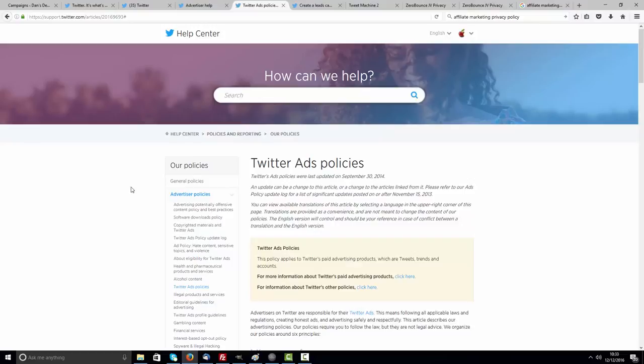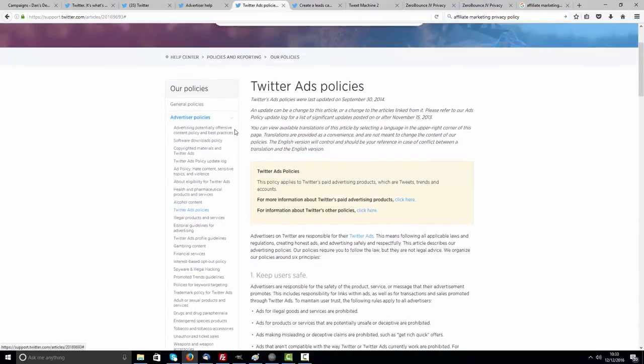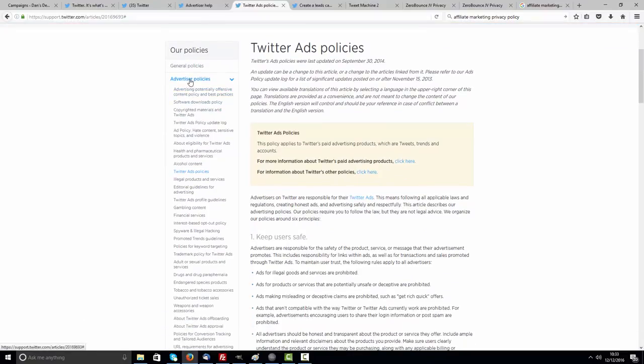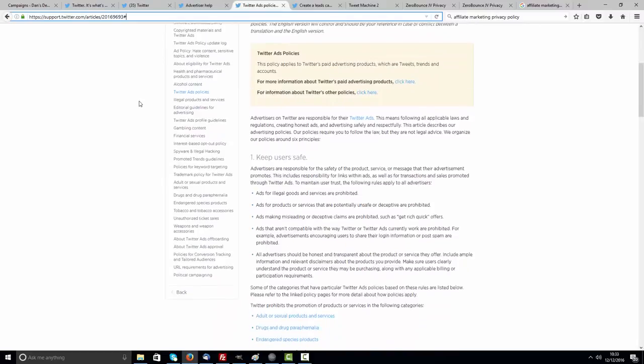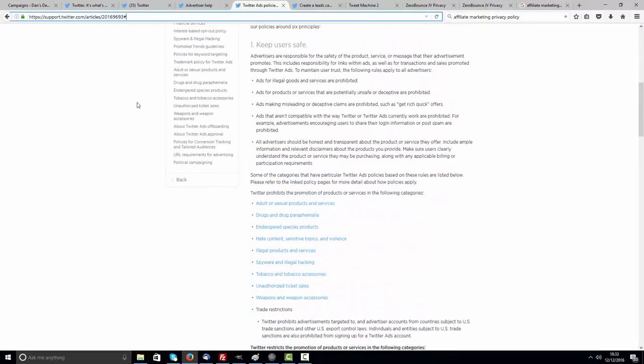So I would highly recommend you go to the help center in Twitter, then go to policies and reporting, and then our policies, and the advertiser policies are here. So if you want the direct URL, that is up at the top here. So it's support.twitter.com/articles/20169693. And if you scroll down, you'll see that there are certain things that you can't use your opt-in